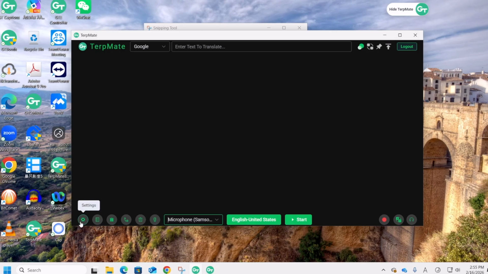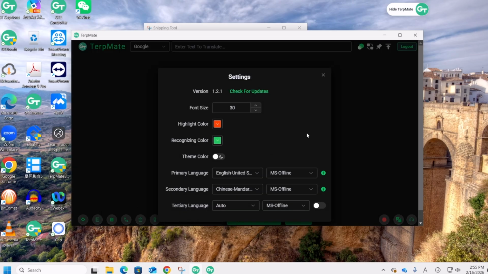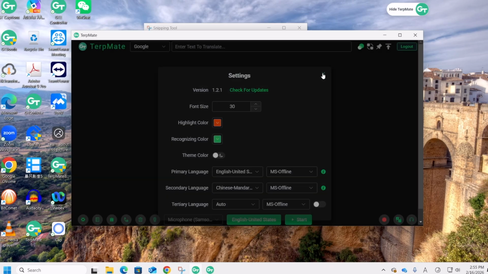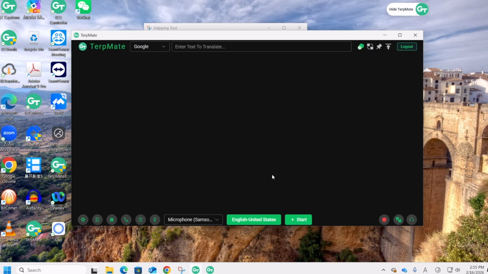So I'm going to illustrate here something different from Mac is that we have the MS Offline engine here. This is leveraging the Microsoft Windows 11 live captions functionality. So basically it is showing the live captions and it's based on that. This also supports English and Mandarin, so I can turn it on if I want to use the auto. But let's say I'm going to use my microphone input for now,